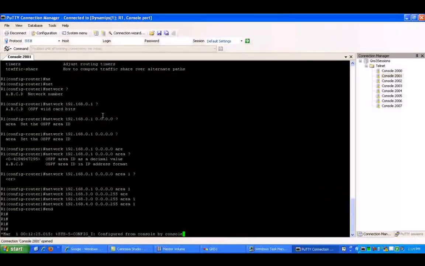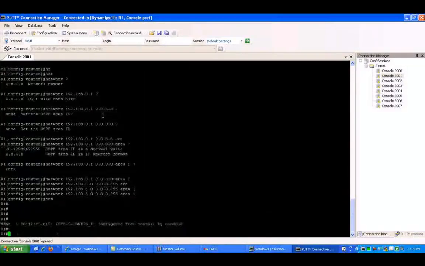OSPF is a link state protocol, and it uses cost, based on bandwidth, to find the best path through the network. So it's going to prefer higher speed links over lower speed links, and it's going to assign a cost value to these interfaces based on the type of interface. So if you have high-speed interfaces like gig interfaces, OSPF